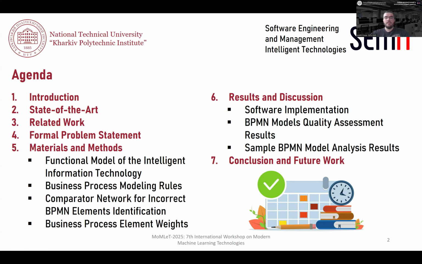statement. Inside the Materials and Methods chapter, I will present functional model of the intelligent information technology, business process modeling rules, comparator network proposed for incorrect BPMN elements identification, and business process element weights and the approach to obtain these weights. As part of the results and discussion, I will reveal software implementation details, present BPMN models quality assessment results,